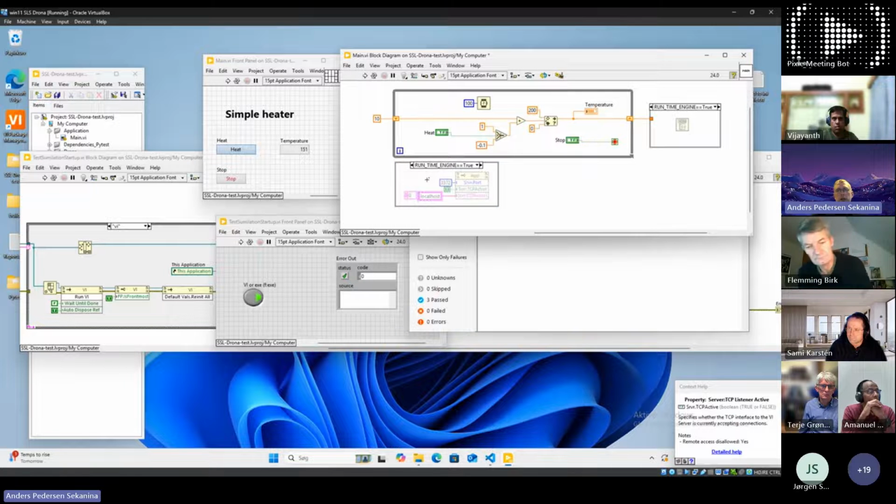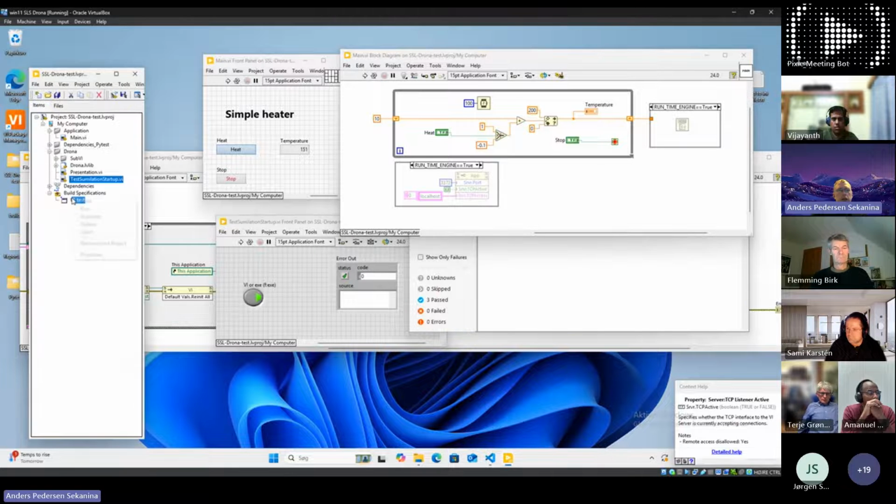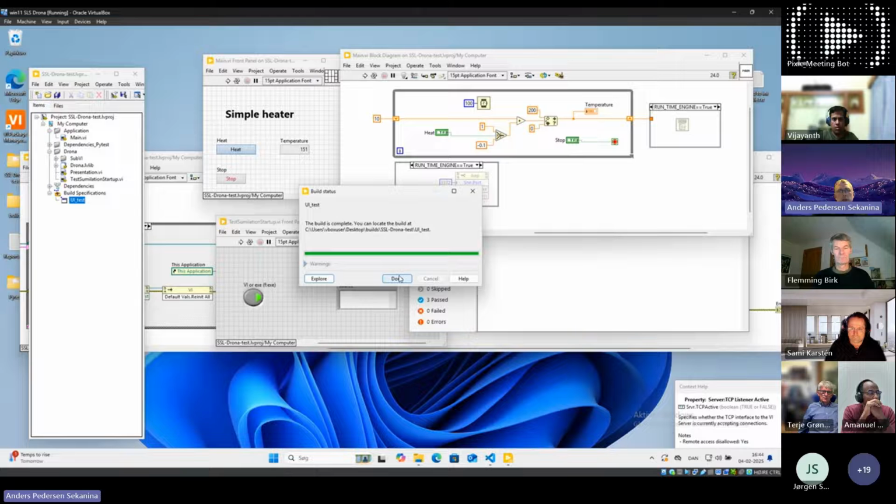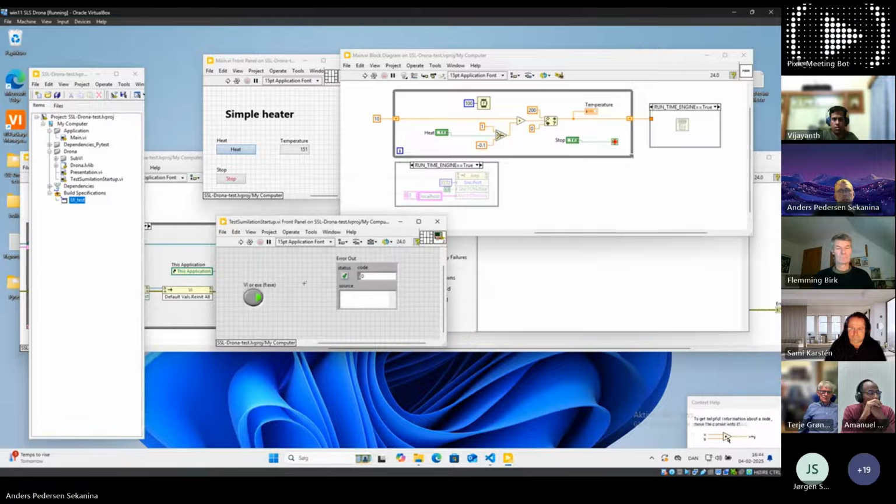But here it's the one that NI is showing how to connect from VI Server from an application. And if we then build it, to be sure, yes, and then we can run it again as an exe file.